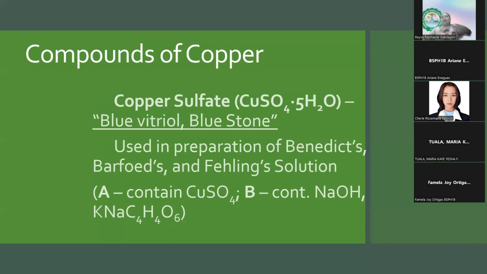I have already introduced to you the copper sulfate. But copper sulfate almost always exists with 5 molecules of water in its crystals. So if you look at it, it's not just CuSO4, it has 5 molecules of water. Now, copper sulfate is also called blue vitriol or the blue stone. Let me write the other names because we have other names. We may call this Roman vitriol also, and then Salzburg vitriol,